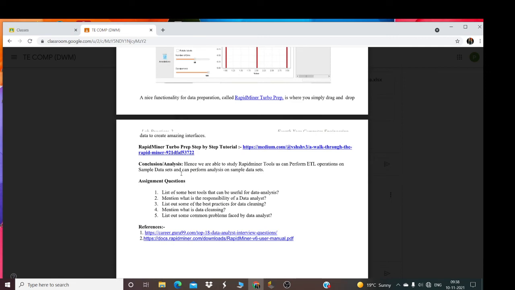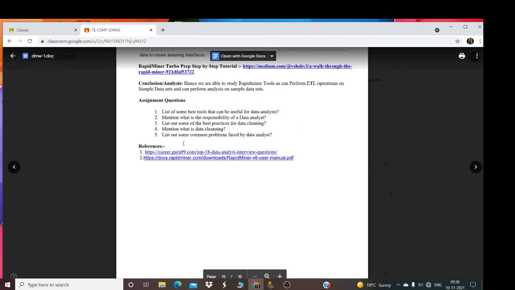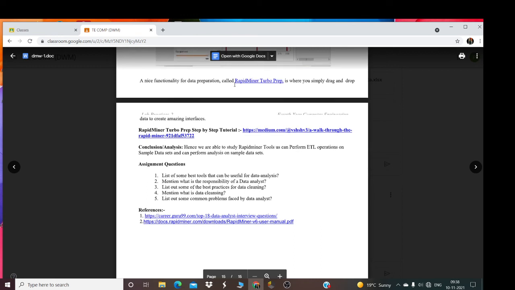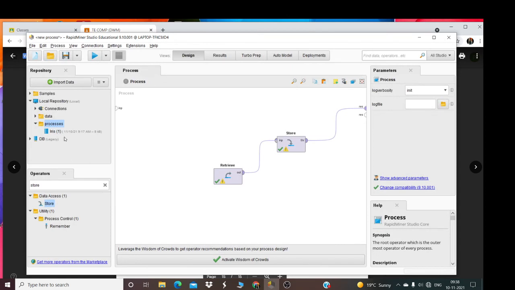A nice functionality for data preparation called RapidMiner Turbo Prep is where you simply drag and drop data to create an amazing interface. So we will see here. This is my design process where I have imported. See, from here I have imported. Click here and it will give two options: my computer or database.